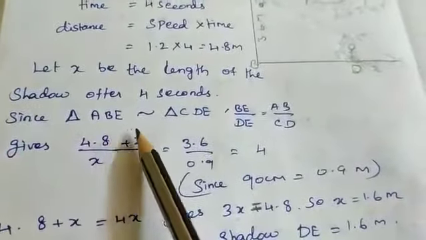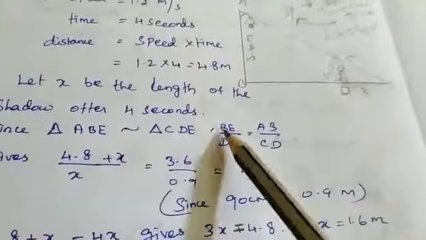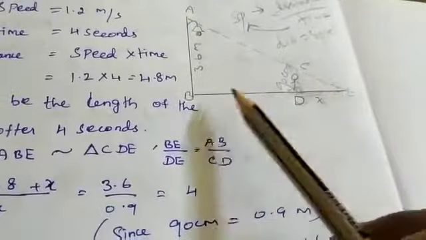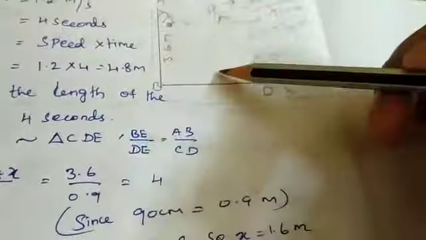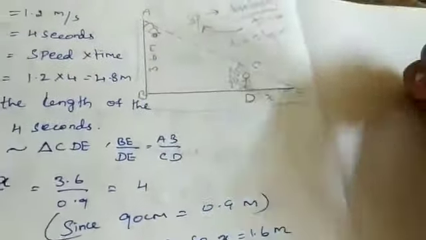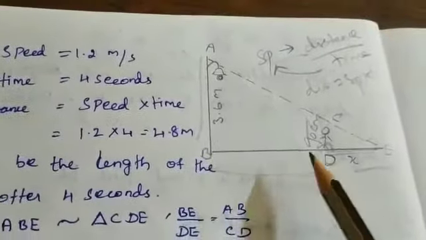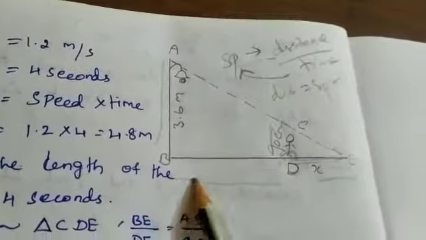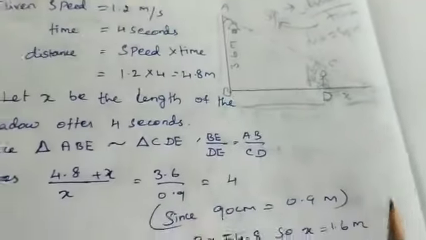So in triangle ABE and CDE, BE by DE equal to AB by CD. You should know this, okay. So this side by this side equal to this big side by this parallel side. This is also a theorem, but it is not that much important, so I am telling it in words itself. You can note that this side by this side equal to the big side by the small parallel side. Okay, so that only we took here.